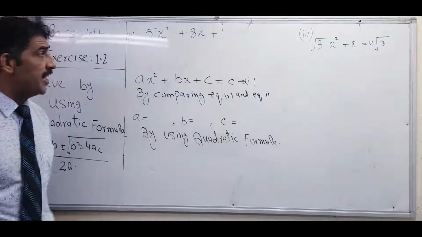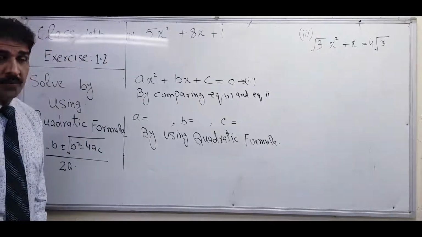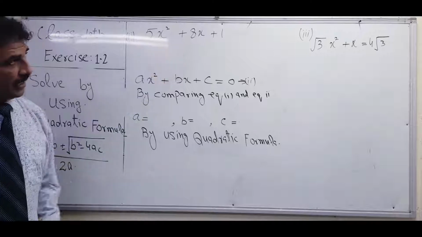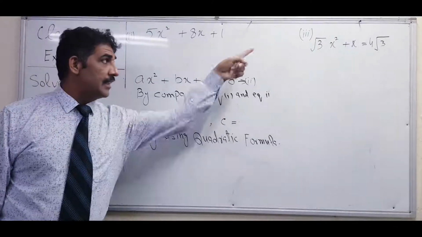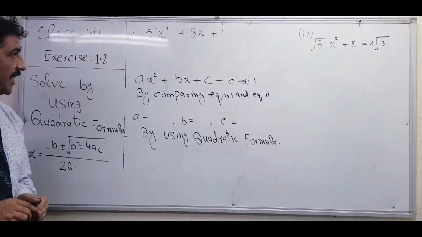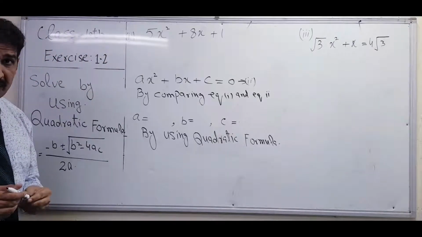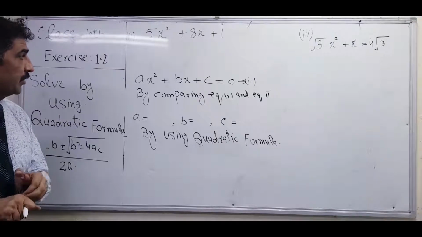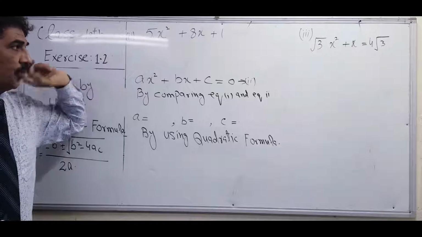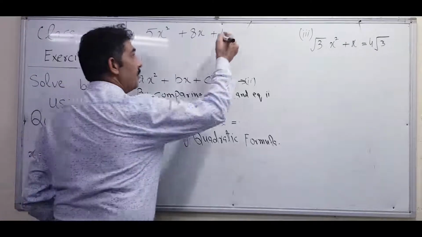There is time for an assignment. There are two groups. Group B will solve this assignment and group A will solve the second assignment. That is the third part of our exercise and that is the second part of our exercise. Here I will help you with something for group A. First of all, it is already in the standard form, so we will make it equation number 1.